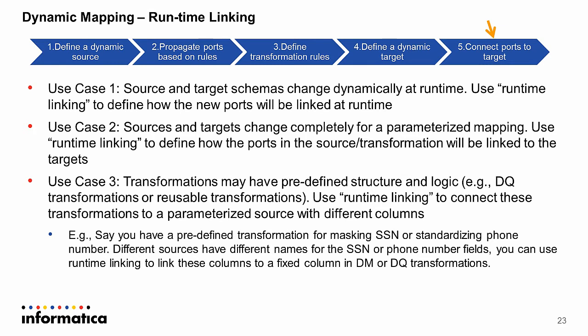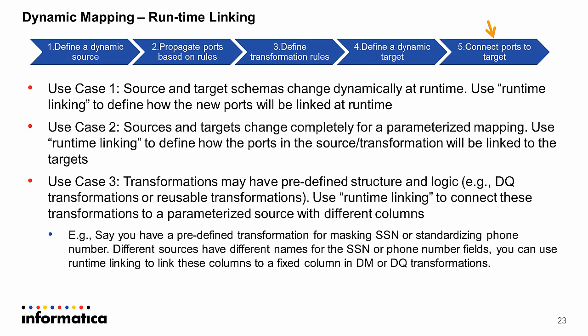So the first use case would be sources and targets change dynamically at runtime. So you'd want to use runtime linking to define how ports will be linked at runtime. Second use case, source and targets change completely for a parameterized mapping. So you define a runtime link on how ports from the source to transformation will be linked to the target. And the third case would be